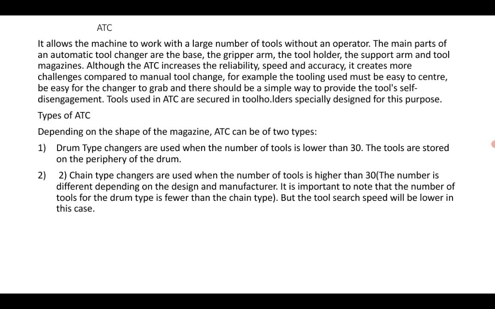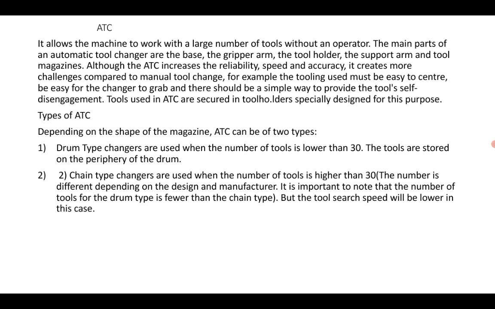Tools used in ATC are secured in tool holders specially designed for this purpose. The tools are also arranged in a systematic manner, in how they are stored in the toolbox, which is called the tool magazine, so that it will support all the cutting tools.